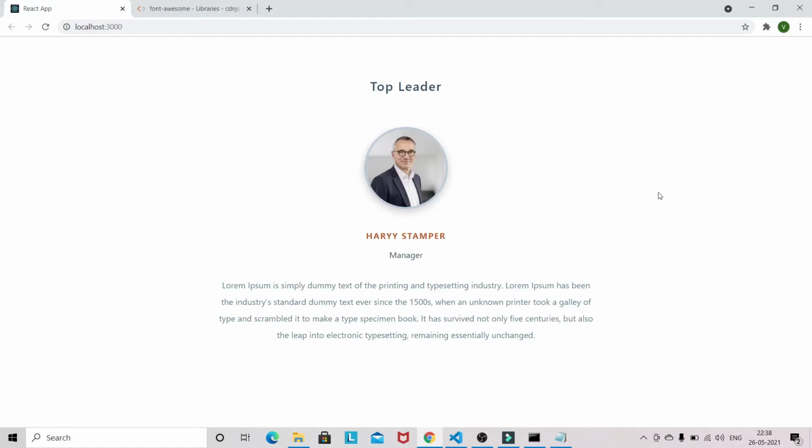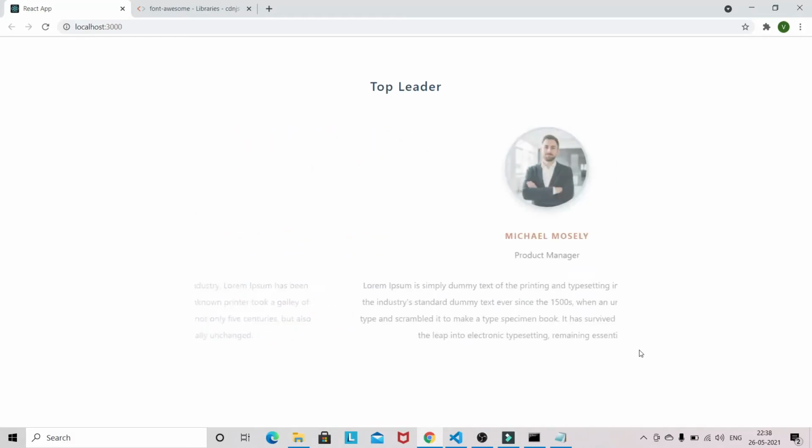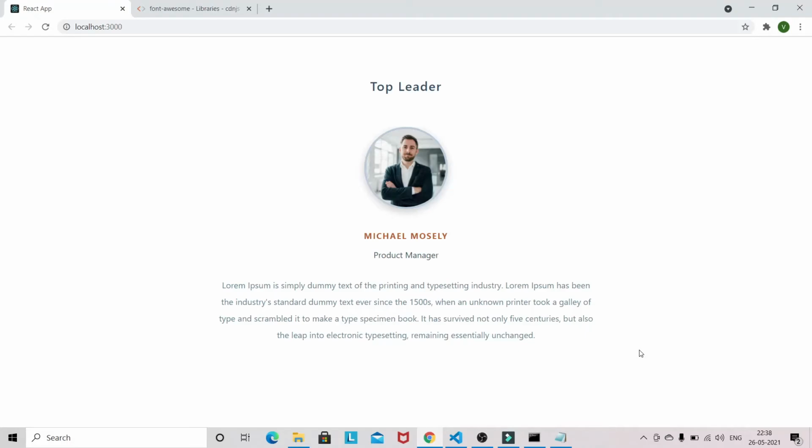We have created this, and you can see that after 5 seconds it automatically goes to the next item. Now we have to add the buttons here.